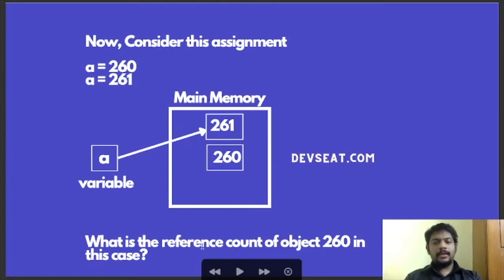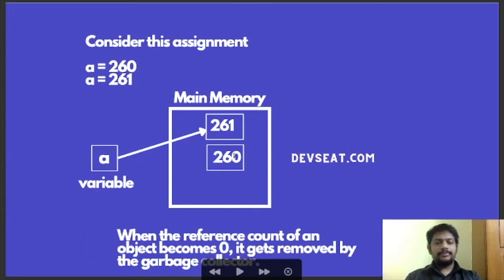So what will be the reference count of object 260 here? Not 261. What is the reference count of object 260 in this case? It will be 0 because no reference variable is pointing to this object in the memory. Yes, the reference count of object 260 is 0. Whenever the reference count of a particular object is 0, then that object is eligible for garbage collection.